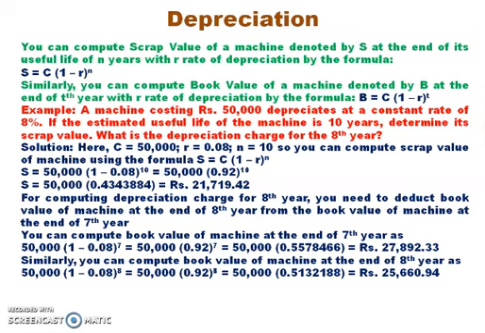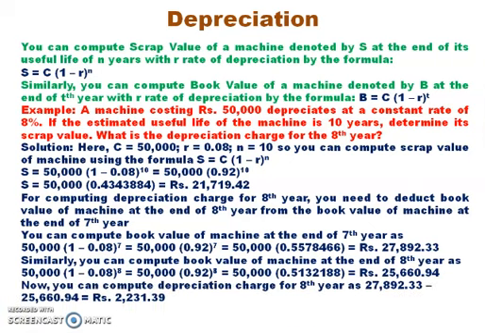Similarly, you can compute book value of machine at the end of 8th year as 50,000 into 1 minus 0.08 raised to power 8, which comes to rupees 25,660.94. Now you can compute depreciation charge for the 8th year as 27,892.33 minus 25,660.94, which comes to rupees